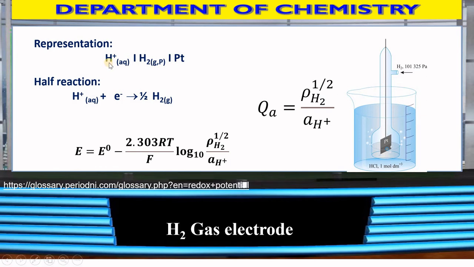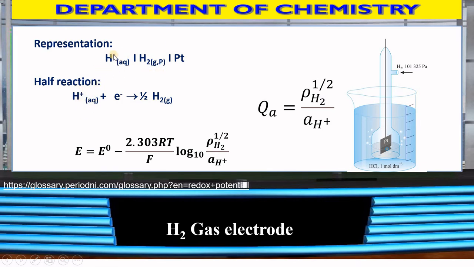Now see here the representation for this cell. Aqueous solution, that is, the aqueous solution of HCl, which contains H plus ion in aqueous form, is in contact with hydrogen gas, and that is in contact with the platinum wire. So I write H plus in aqueous form, single vertical line, hydrogen gas. Hydrogen is present in gaseous form and has a particular pressure, single vertical line, and platinum electrode. So this is the general representation for the hydrogen gas electrode,